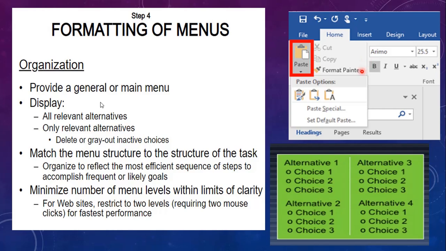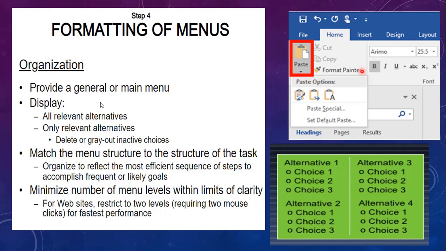If you can categorize the menu in a very logical manner, then you can have a large number of choices. That is the conclusion based on the studies.